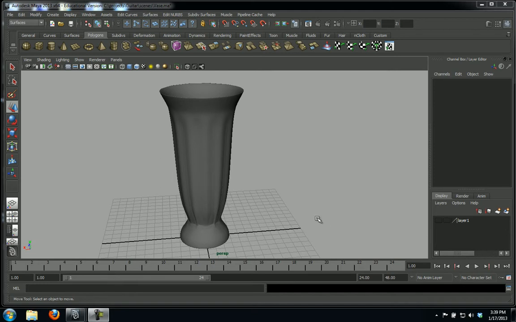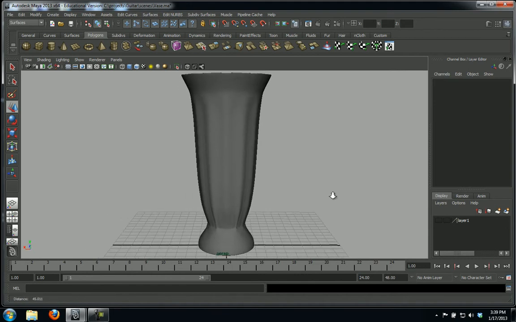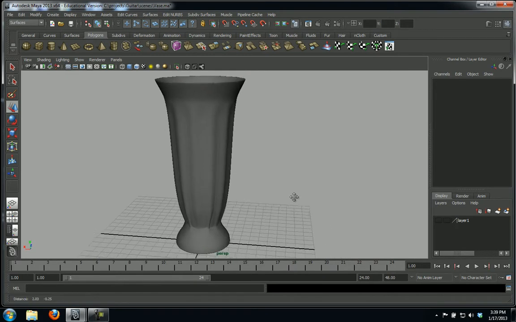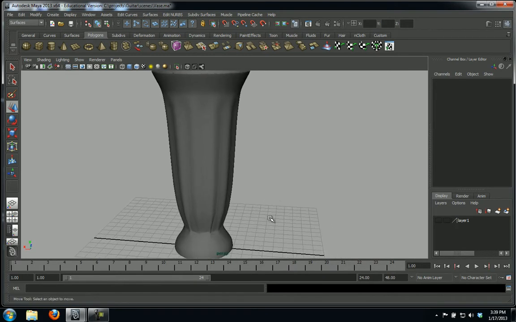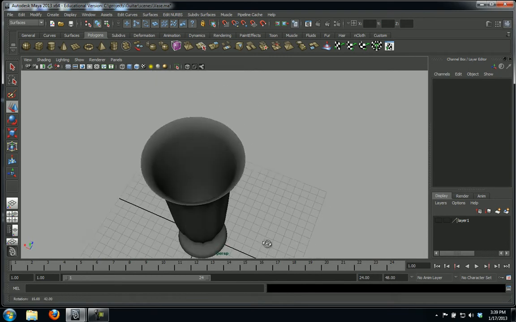I am looking at this vase object that was done in subdivisions, and I was looking at a few issues here that I would like to point out and correct and show you some tricks that we can do to improve this object here. So again, this was done in subdivisions, and what is going on here is that this object was modeled with